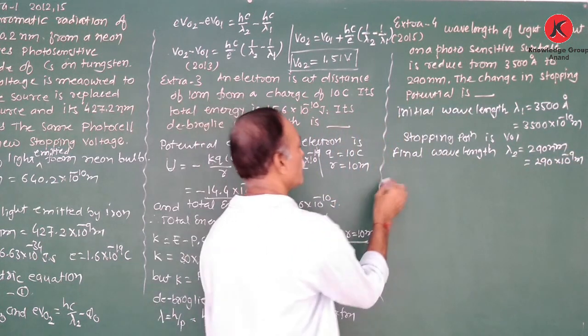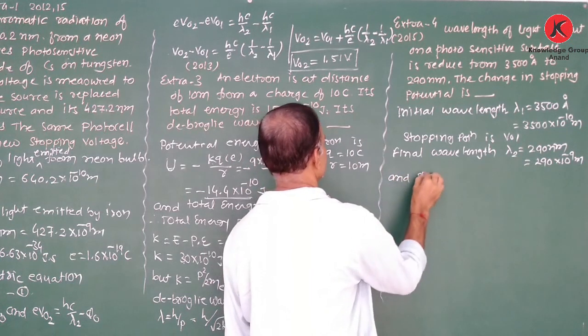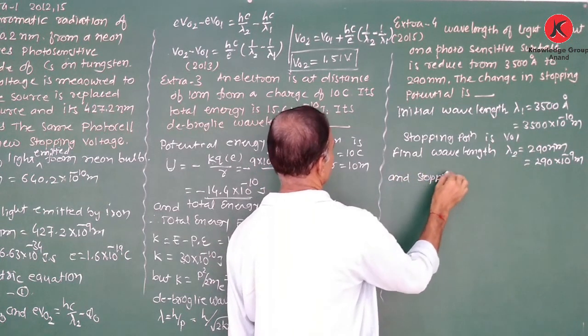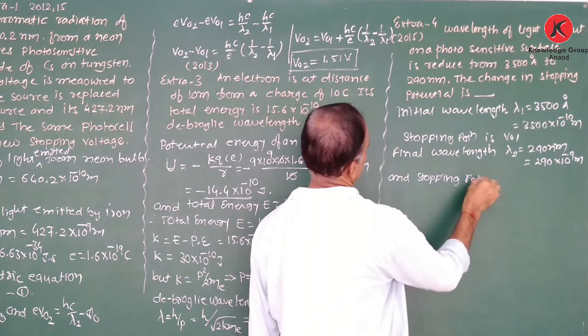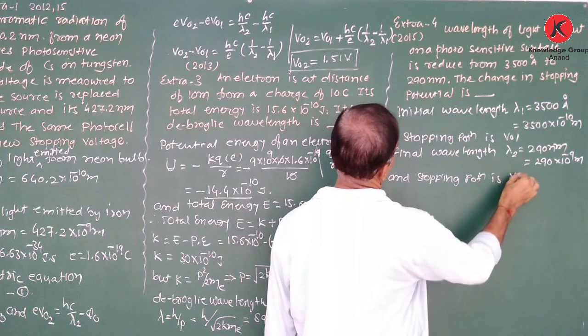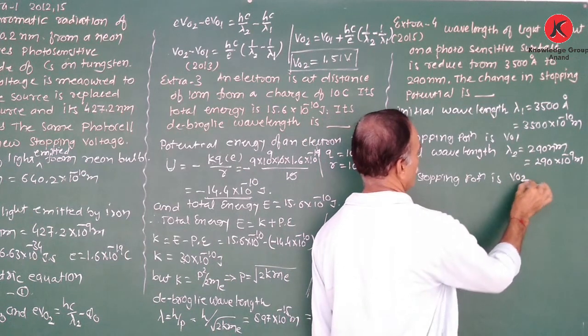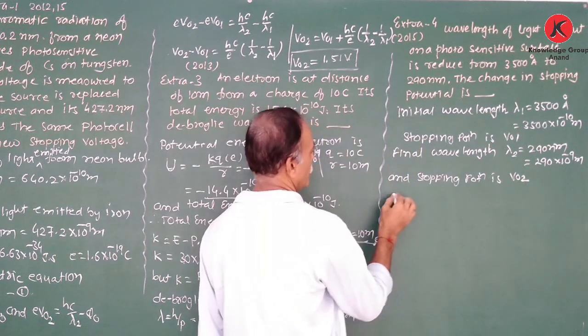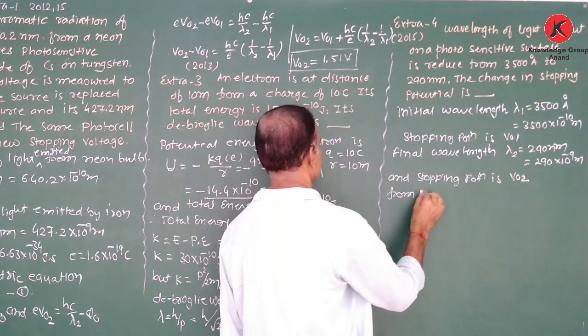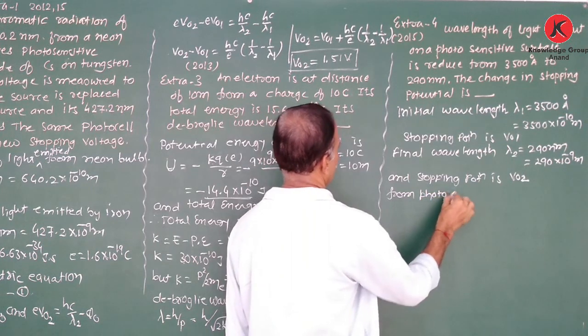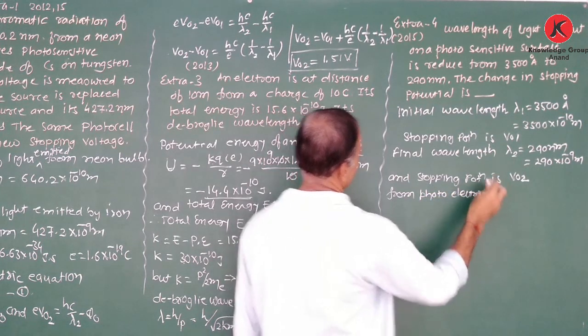And the stopping potential is V02. From the photoelectric equation,